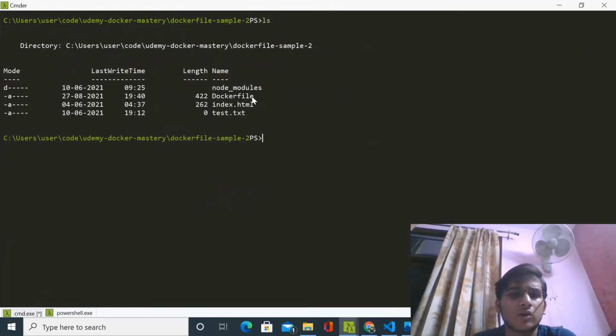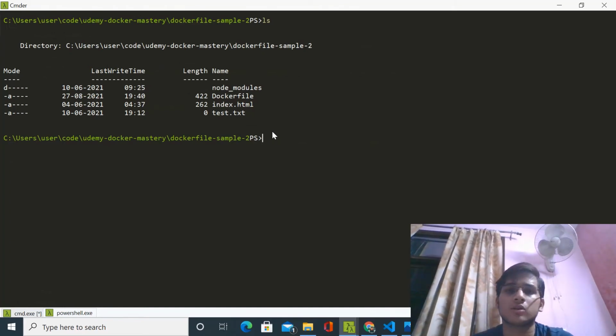You can see we have a Dockerfile, and we have our index HTML file here. So how do we build an image from a Dockerfile?